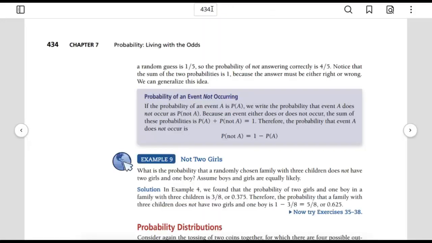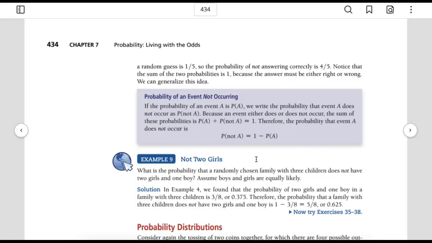On page 434, here's another definition and formula provided for a probability of an event not occurring. And so if we know that the probability of all events, all the possible events, would sum to 1, and we want to know the chance that an event won't occur, then we subtract the probability that it will occur